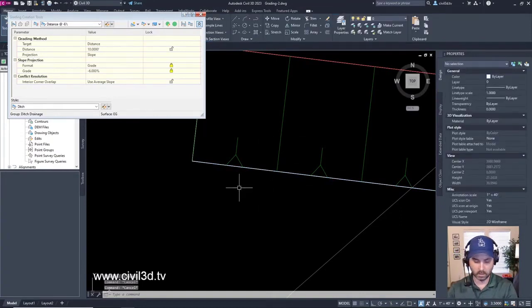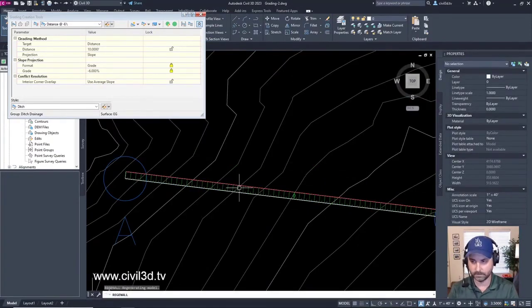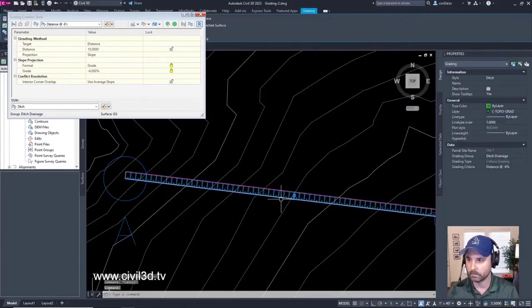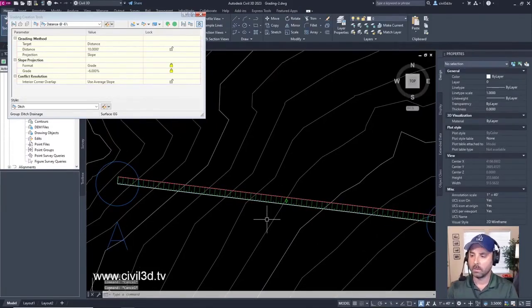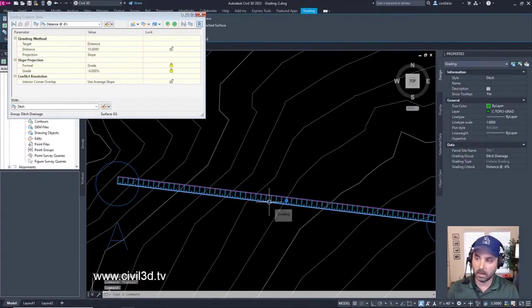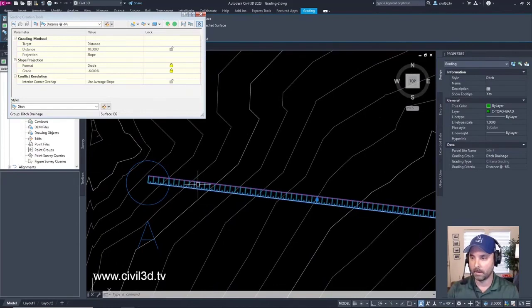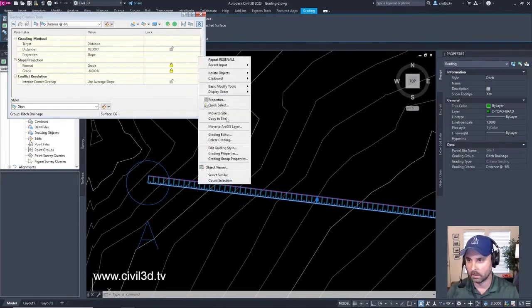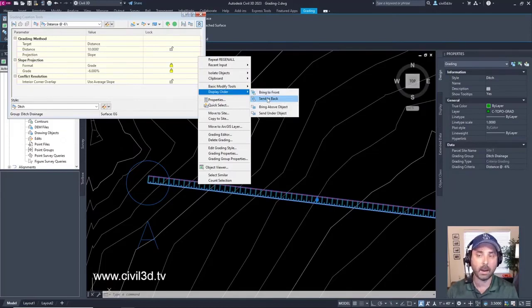Okay. Just so you know, I'm going to undo what I just did. If I'm trying to select my feature line, when I click on it, I'm getting the grading, but I don't want the grading. I want the feature line. If I right click and select, I'm going to send the grading to back.